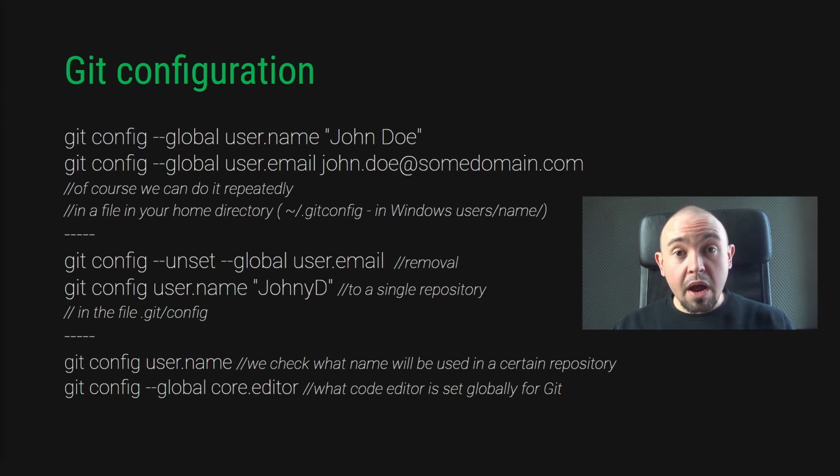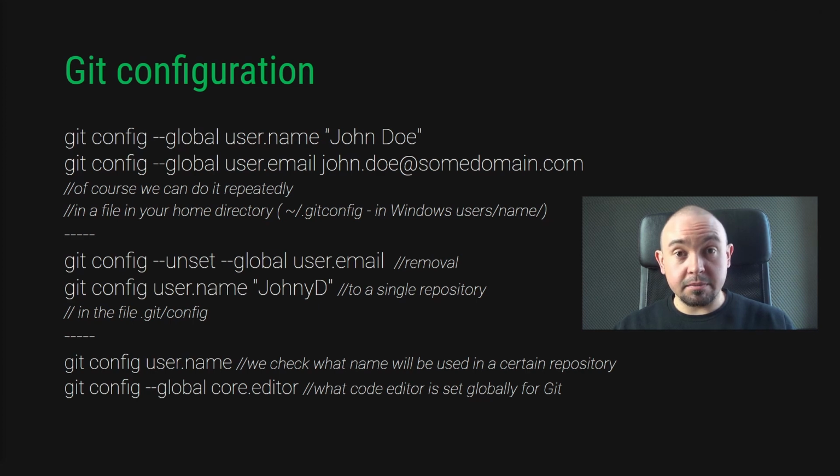Using the unset parameter, we can delete a certain record and this field will be empty. If we skip the global parameter, we will set our data to a specific local repository only. Such settings are stored in the repository in the configuration file. By not providing a username or email address with this command, we can check what our current settings are. With the last command on this slide, we can see what code editor is currently the default one for Git